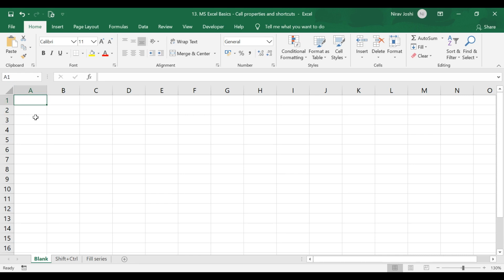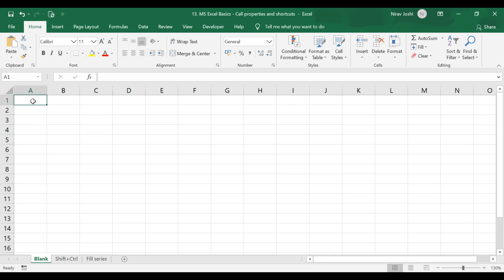The individual cell that we have selected is termed the active cell, or if we have selected a range like this, it would be the active range. The active cell is marked by a thicker border compared to other cells, and there is a small dot on the right lower corner, which is used to drag that cell. That is how Microsoft Excel identifies the active cell. If we move the active cell to another place, the identification in the name box automatically changes. So the name box typically identifies the active cell or the active range.